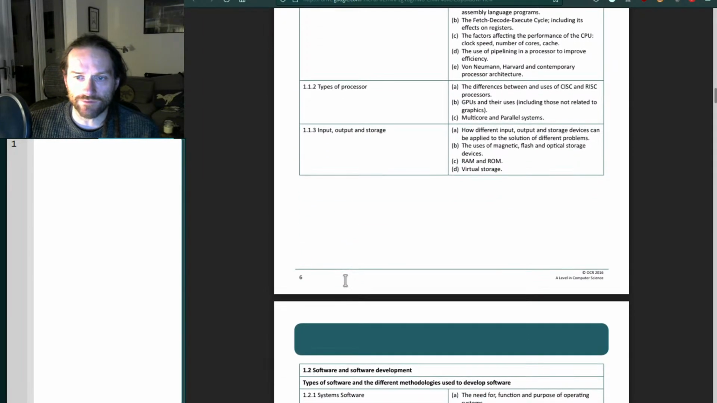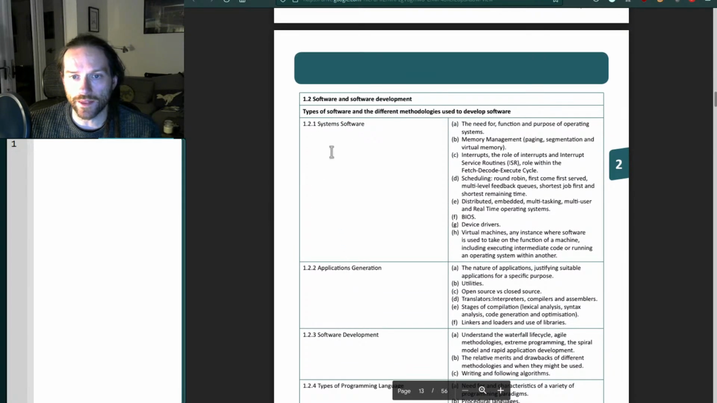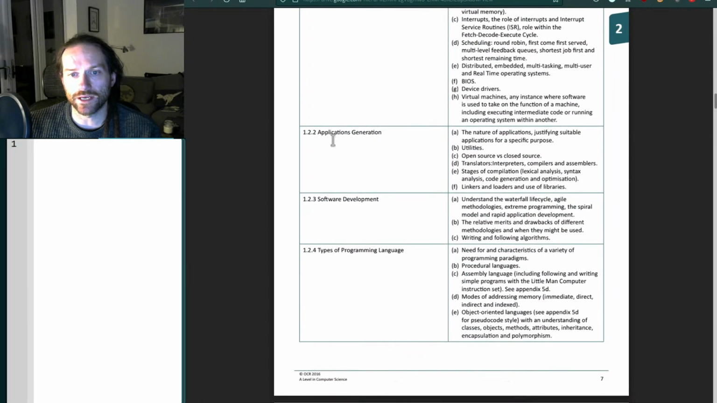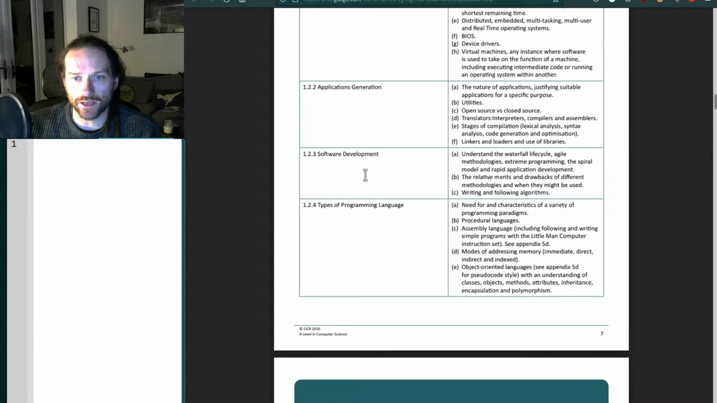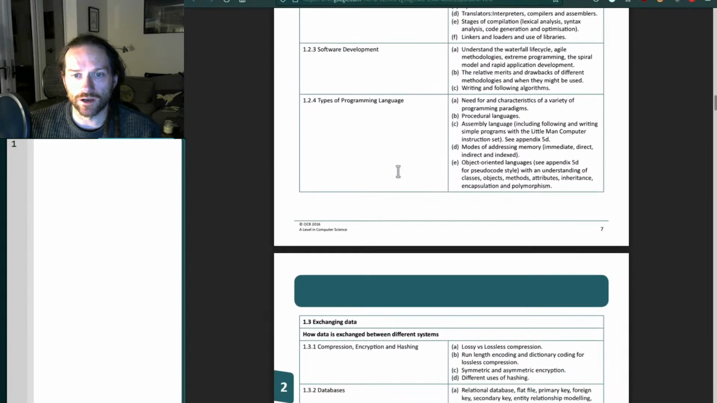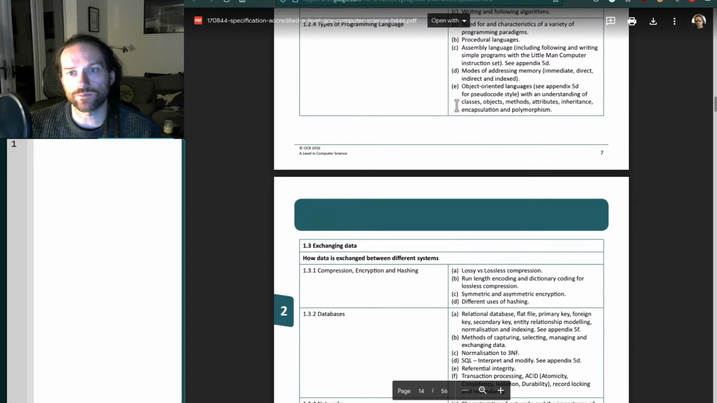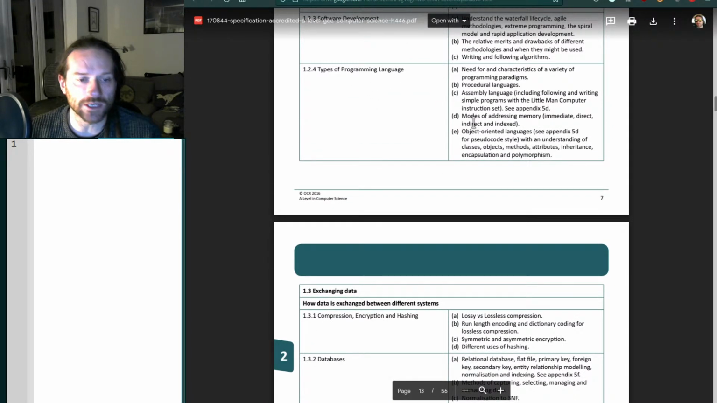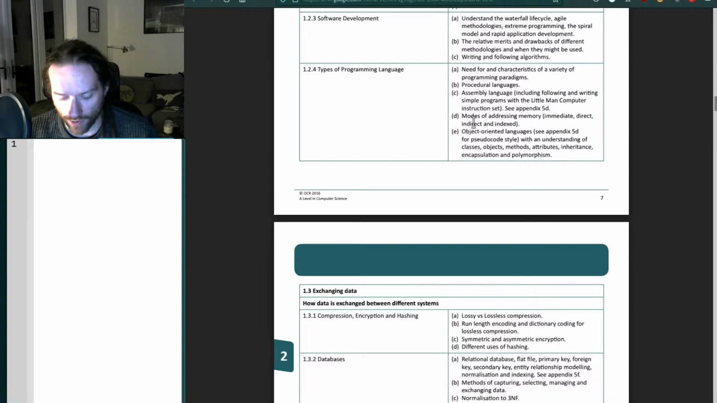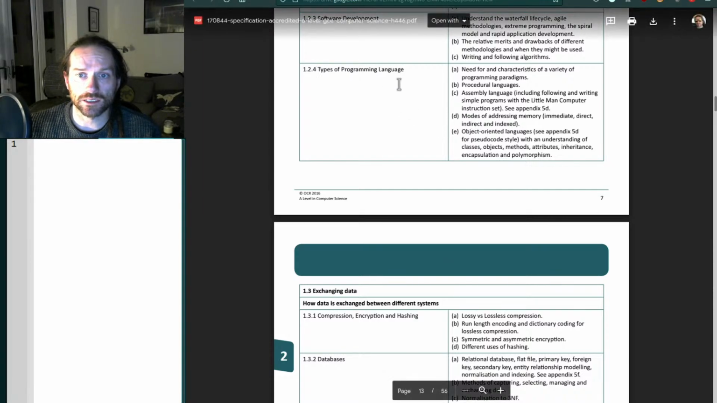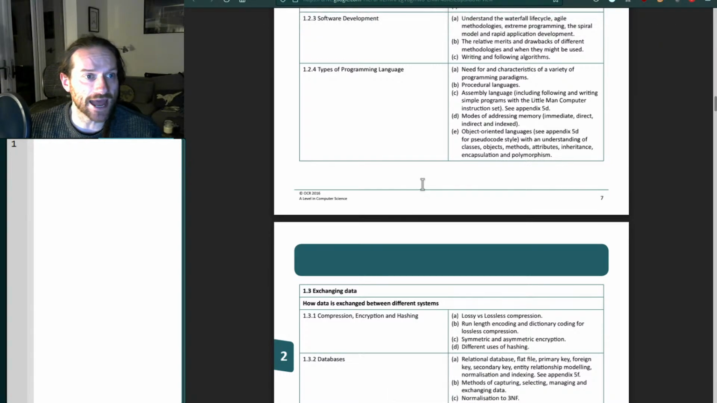Input, output, and storage you haven't properly done yet, so that's not going to be on there. System software we haven't done yet. Application generation we haven't done yet. Software development we haven't done yet, right? Types of programming language. You need to know about procedural programming, object-oriented programming, difference between them, all of that stuff. You also need to know LMC, the little man computer. So if that's an area you want to go over, there's that as well. I'm throwing this out there just in case this adds to your list of